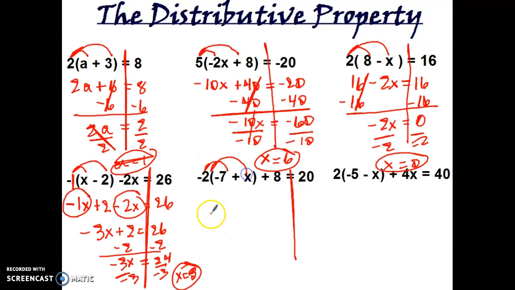All right. Distribute this negative 2. I got a minute and a half. 14. Equals 8 is equal to 20. All right, combine the like terms. The like terms here are numbers, y'all. They'll not always be